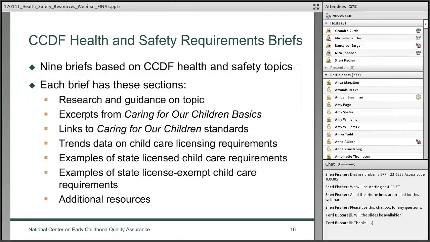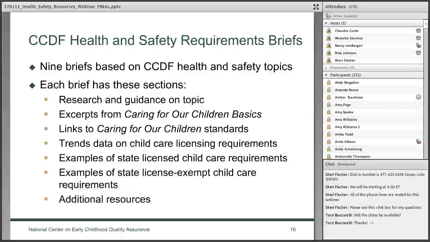There are 9 briefs in the set, and they cover all of the CCDF health and safety topics. Each brief has these different sections: research and guidance on the topic, excerpts from Caring for Our Children Basics, links to the Caring for Our Children standards that apply to those topics, some trends from our child care licensing requirements, and examples of state licensed child care requirements and examples of state license-exempt child care requirements.